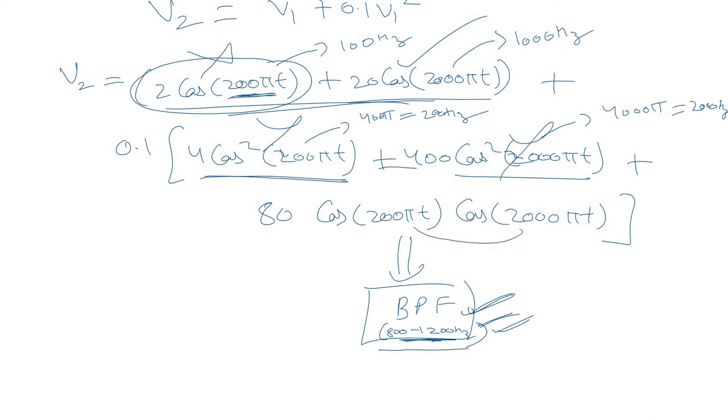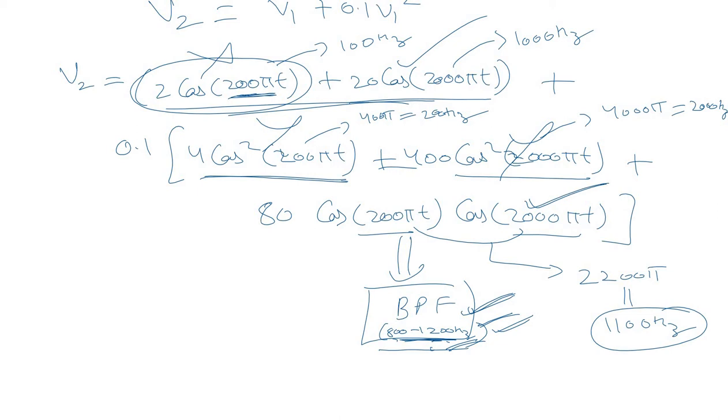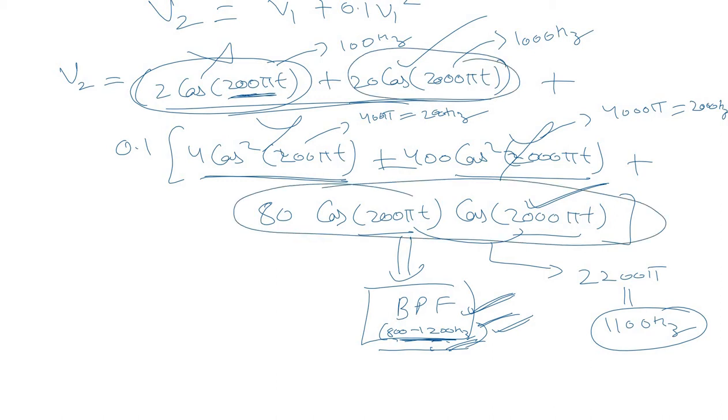Moving on to the next term, it is the multiplication of two different frequency components, which are 200 pi and 2000 pi, right? So the frequency component present would be 2200 pi, which is equivalent to 1100 Hertz. Now if you look at the passband, it is from 800 to 1200 Hertz. So 1100 Hertz fits well into this, and this will also pass, right? So clearly only two terms will pass through the passband, which is this term and this multiplicative term, right?